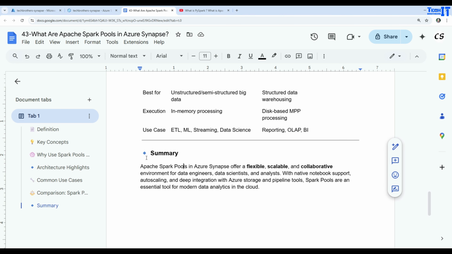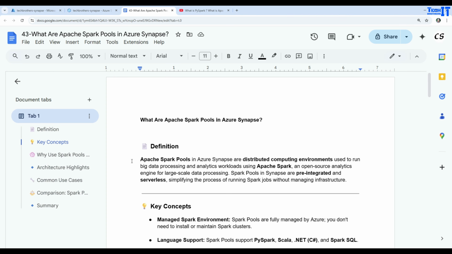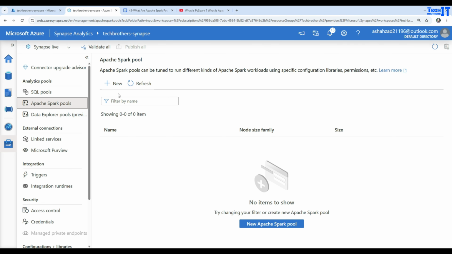Now let's take a look at the summary. Apache Spark pools in Azure Synapse offer a flexible, scalable and collaborative environment for data engineers, data scientists and analysts. With native notebook support, auto-scaling and deep integration with Azure storage and pipeline tools, Spark pools are an essential tool for modern data analytics in the cloud. You see that these are some definitions we covered, and we are going to go ahead and create our